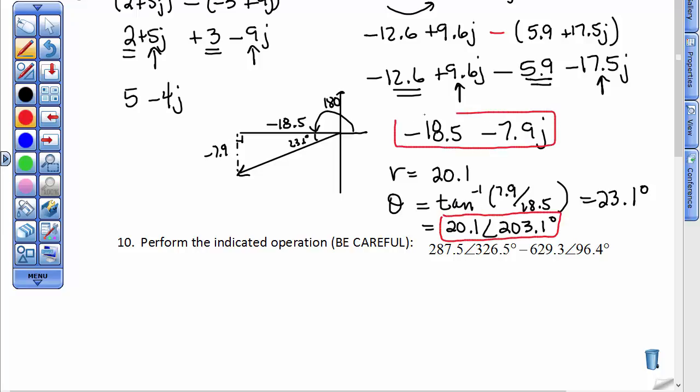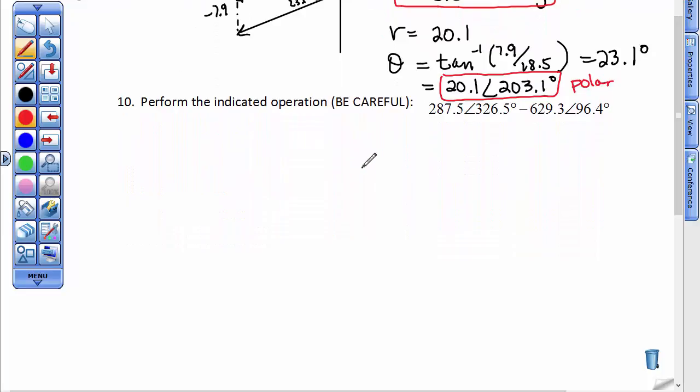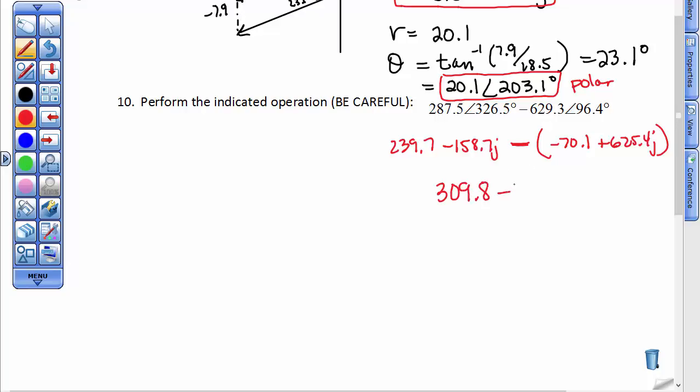Remember, this is rectangular form, but the problem was given in polar. Would you pause the video and do the next one? I'm just going to write the answers for this next one. Okay, the answer for this next one, I'm just going to real quick write down the 239.7 minus the 158.7j, which is this one's rectangular pieces. This one is a negative 7.1 and 625.4j. When you combine all those, remember it's a subtraction problem, so you're subtracting all of this. This turns out to be 309.8 minus